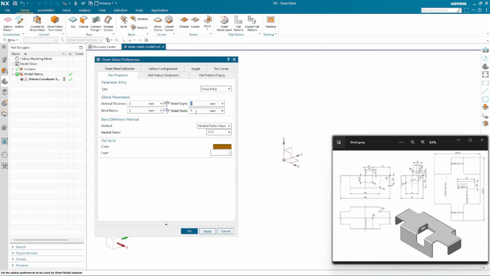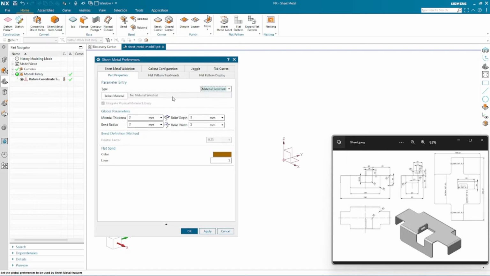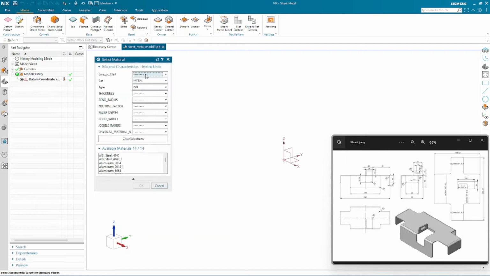Relief we can keep as it is. There is no relief being used here, so it doesn't matter whether we change it or not. Neutral factor for bending and unbending the sheet, keep it by default. There are a few options that you can use when you are working for a big organization. You can create your own library of materials with properties saved to each material. So that list will come up here, and you can shortlist your selection as per your requirements,